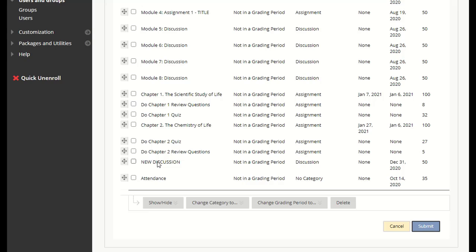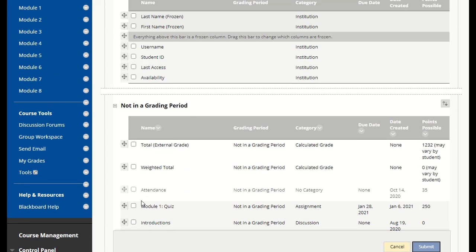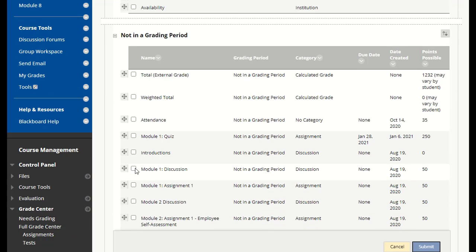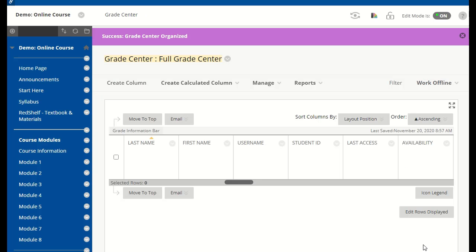So since we want to move our attendance up, I will click on attendance, drag it all the way up here so it shows up above module 1. Let's move this here. And once I'm done rearranging the rows to my liking, I will hit submit, and let's